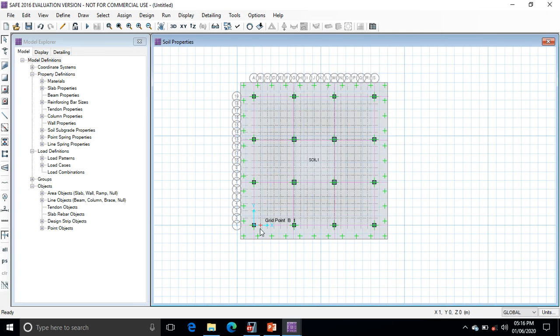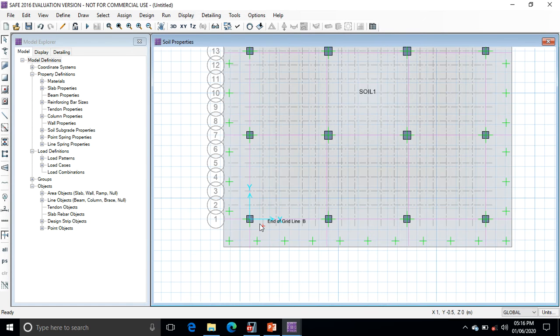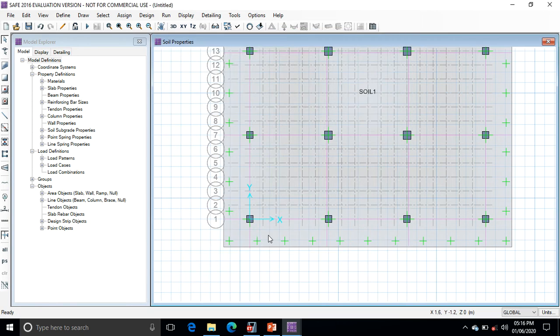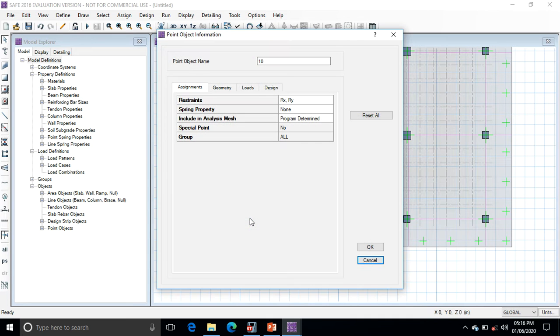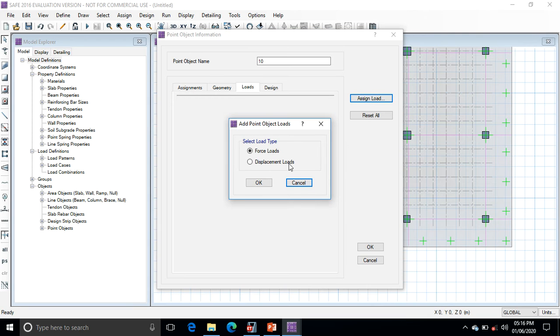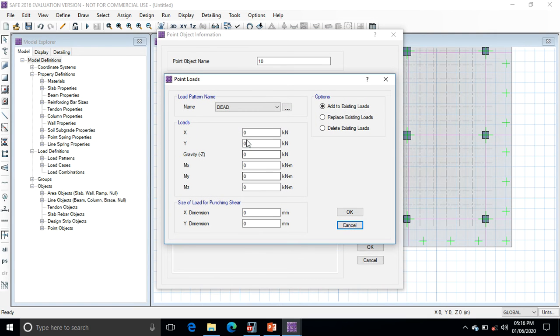Here we have to select one by one column and then go to the column, right click on it, go to the load, go to the assign, force load, dead load. In this way you can also give the load to the column.